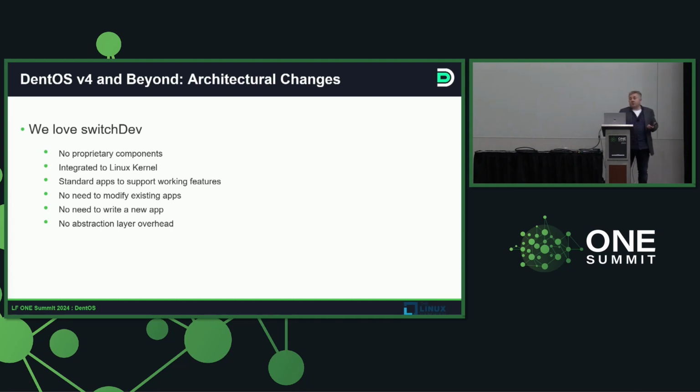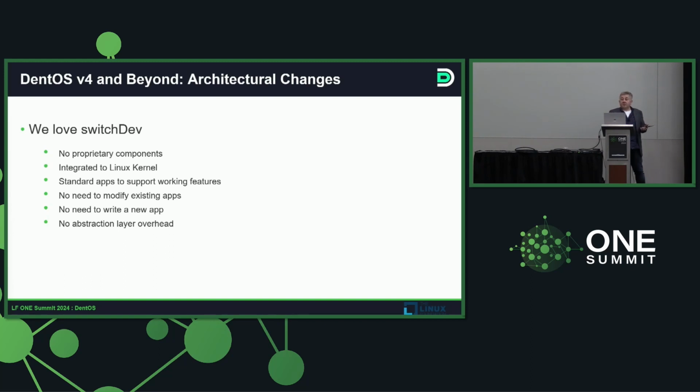We think that it reduces the management cost in introducing a new data plane configuration utility. If you know how to configure FRR, BGP on Linux, you can do it with the switches. So you use standard applications. No need to modify existing applications. FRR is still the same FRR. No need to write new applications.